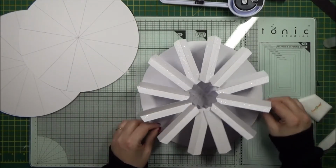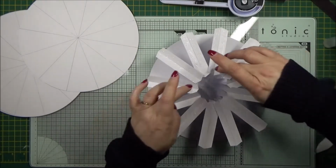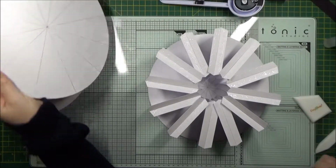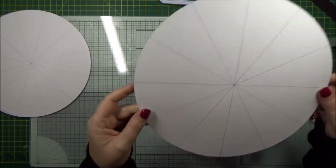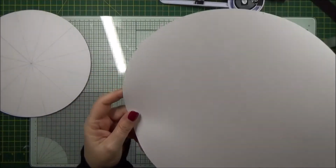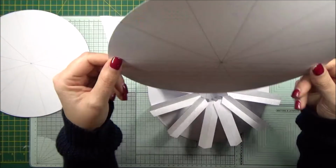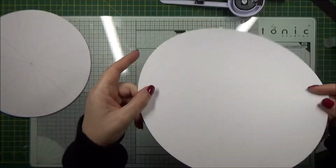Right, so I've got the glue now on all of my flaps, and what you want to do then is grab your second circle and turn it over so you've got the lines at the bottom, and just have a look where your lines are, and for now just roughly line them up